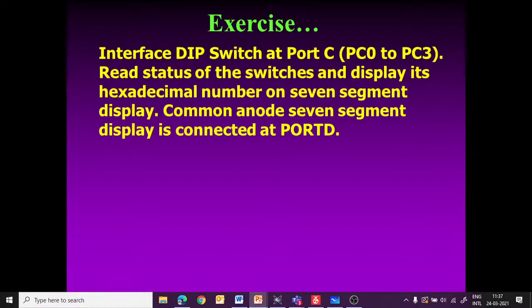Common anode segment displays connected at port D. So for this task, we have to find out the 7 segment code corresponding to all the switch combinations. 4 bits are there, so 16 possible combinations are there. 0, 0, 0, 0, so 0, 0, 0, 0, 1, so 1 up to 1, 1, 1, 1, so F. So 0 to F, 16 possibilities are there.